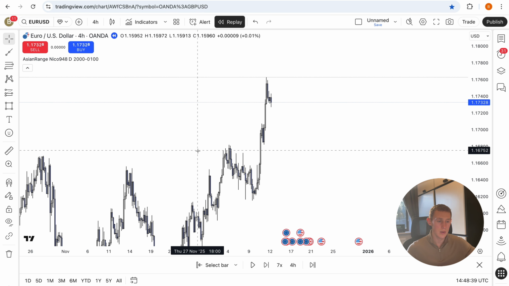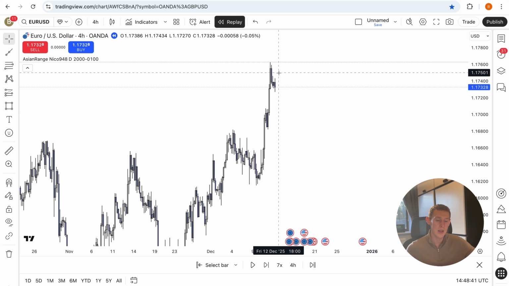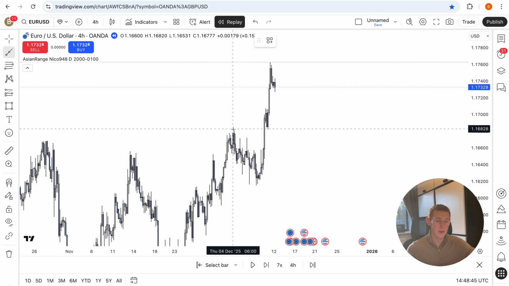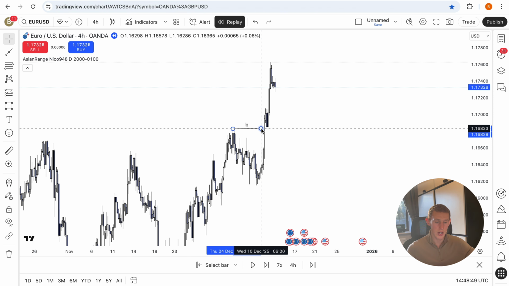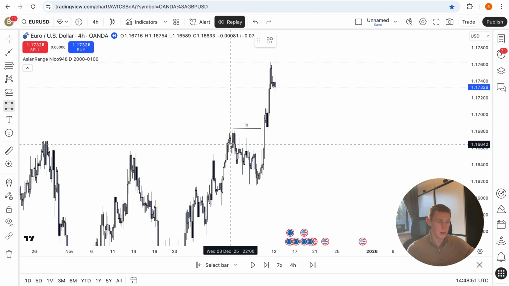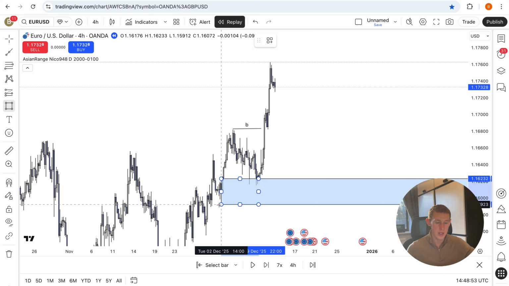Now, here on Euro USD, we can see that very clearly in this case, price was in this bullish trend, right? We don't really need to look at anything else. We can just see that price on the 4 hour was creating this very clear bullish structure and momentum. This was our most recent breaker structure after price had retraced down and